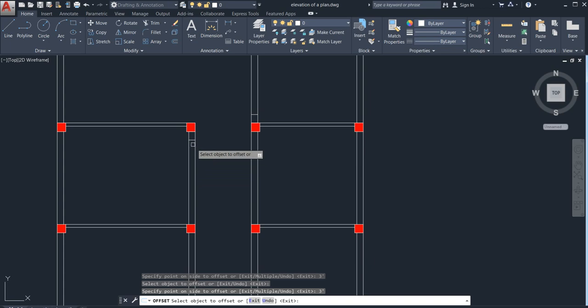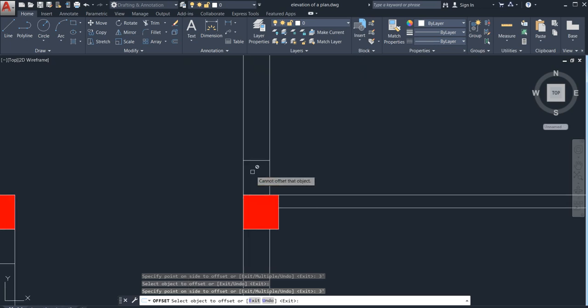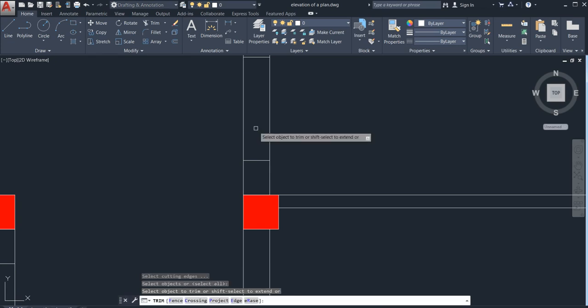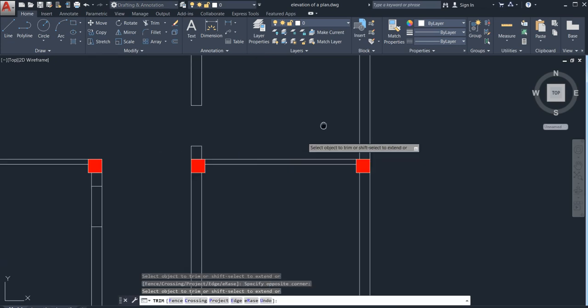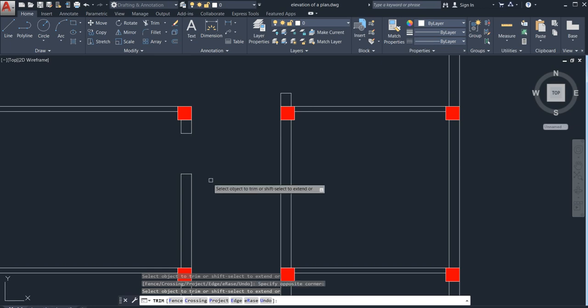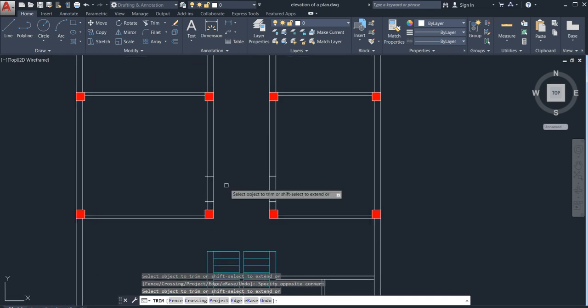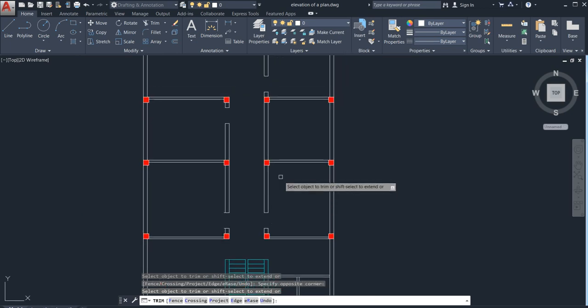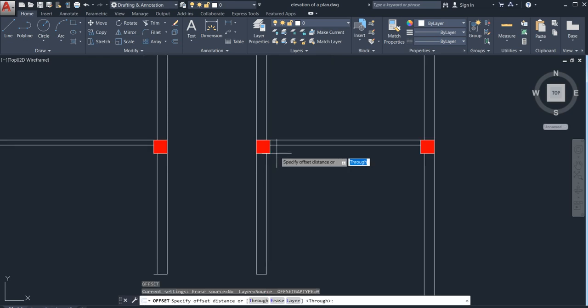So here it is, 3 feet, enter. In the same way here also 3 feet, skip it, go for the trim command, just trim it. No need to worry, just thoroughly trim all of this. Wherever you want to keep your door you can keep it, but now you can see here I could not find it.